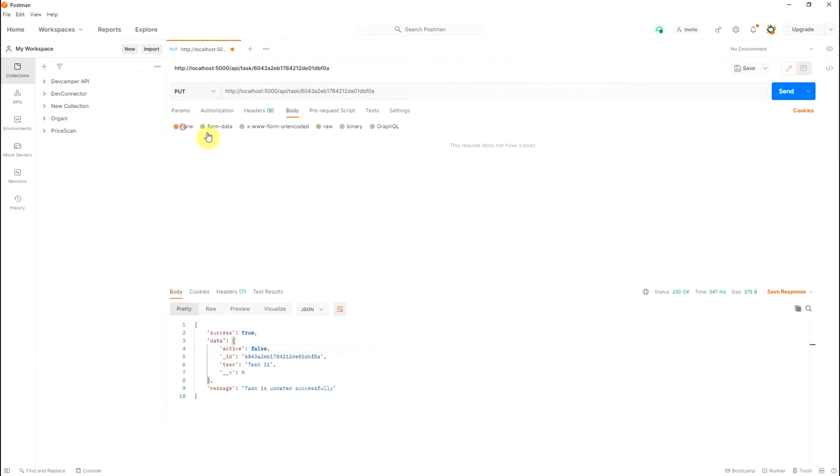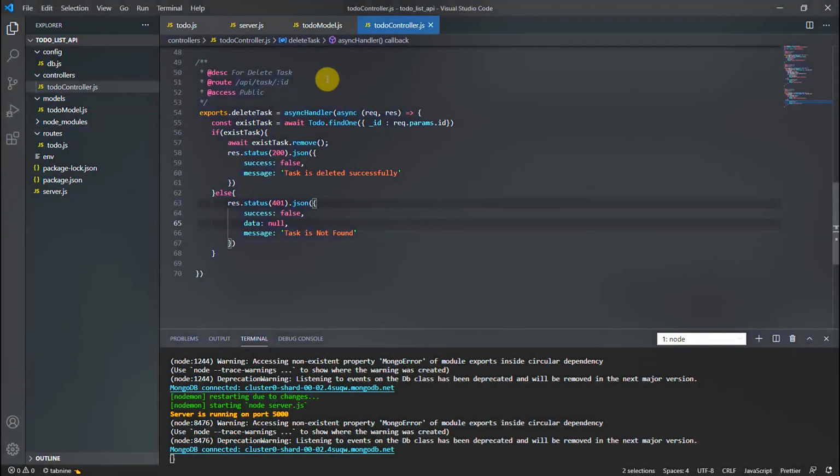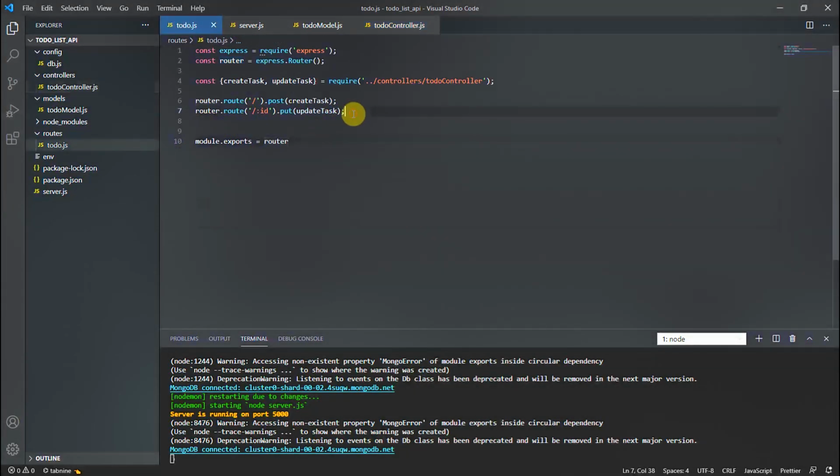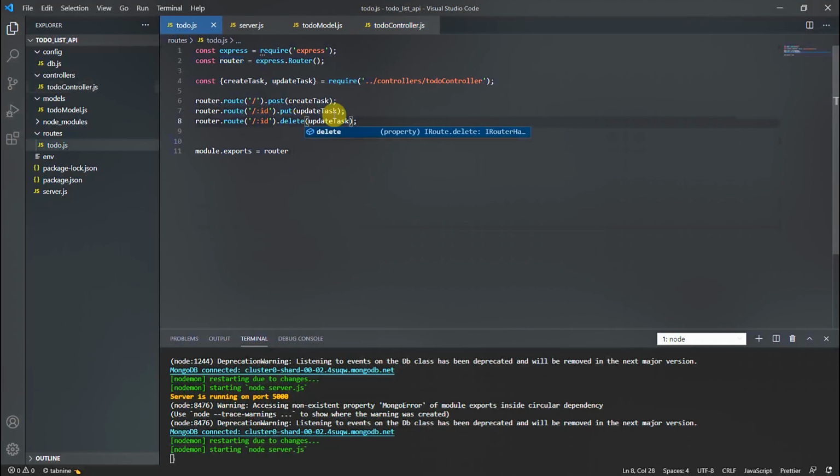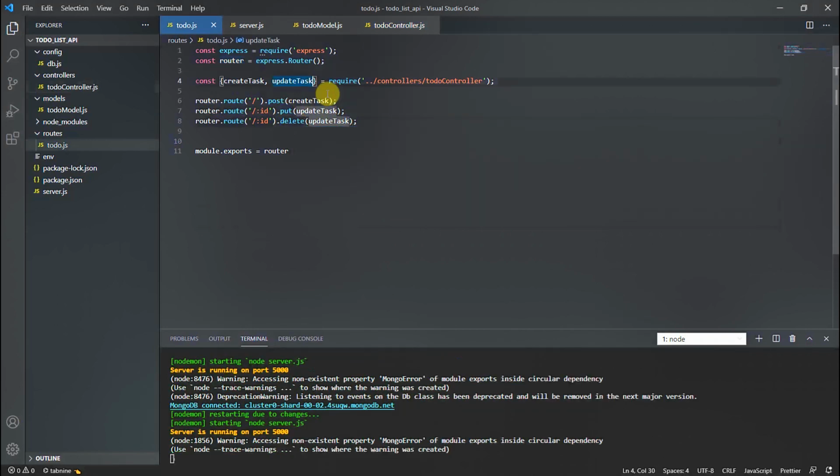We don't send any raw data, so this should, oh sorry, we didn't configure that route, so copy it, paste it. This method should be delete. I need to bring deleteTask also.